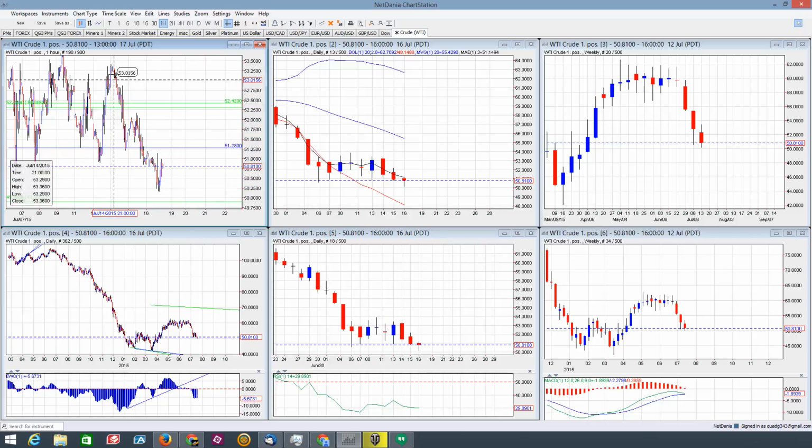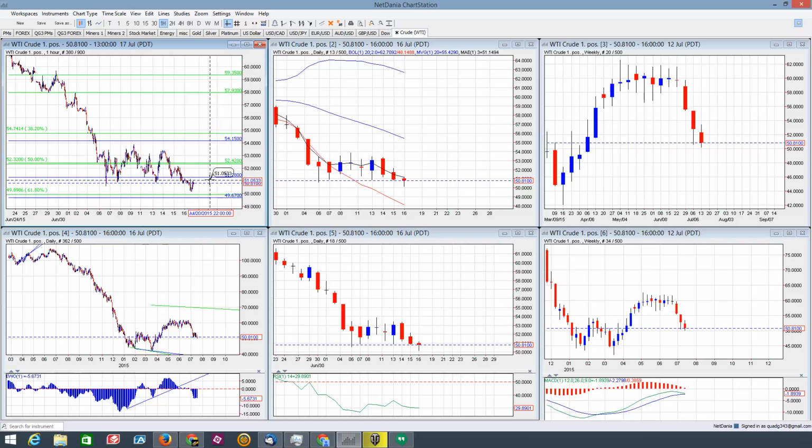Let me zoom in here. I think we've got a wave 1, a wave 2, wave 3 may have finished today. We're working on probably a sideways choppy wave, small wave 4 over the next day or two, and then one more drop to the downside, maybe in the middle of next week, maybe close to the inventory report, and then a possible turnaround in the middle of next week, I think, for a wave 5 of 5 to the downside, which may come down here and test this